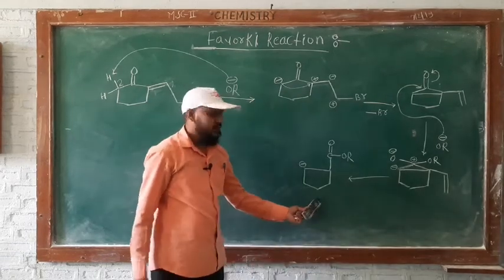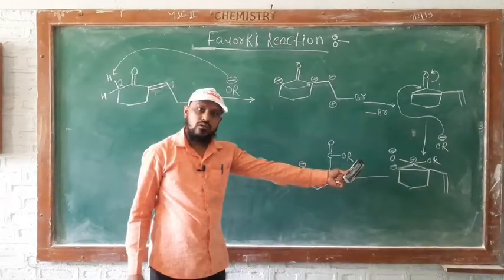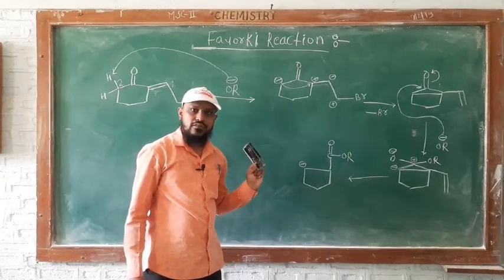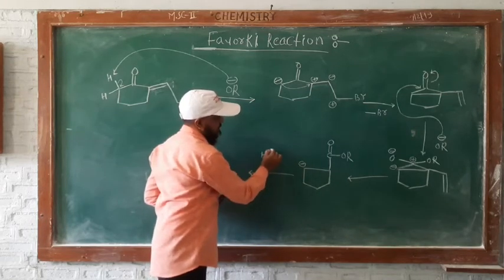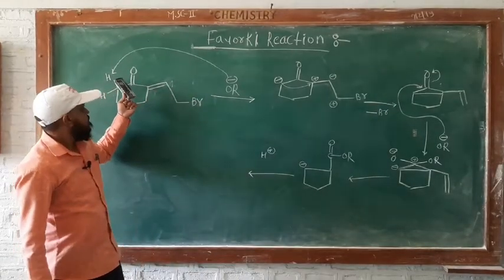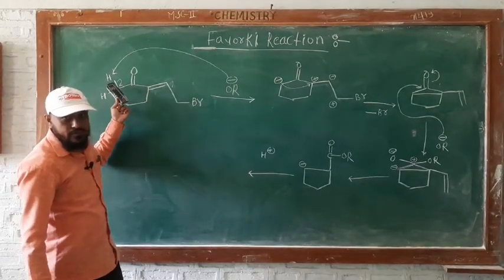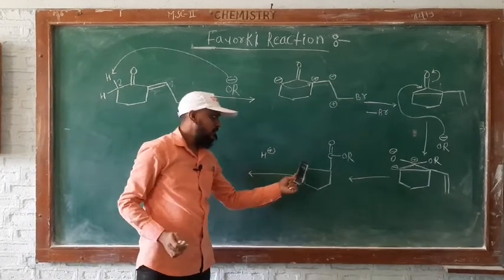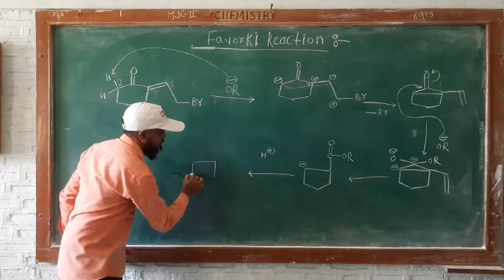Okay, so we will get this type of intermediate product after the breaking of one bond, for the neutralization of the negative charge of oxygen. After this formation, this intermediate extracts a proton. In the first step this acidic proton will be removed, so this negative charge carbon extracts this proton and neutralizes this negative charge, and we will get our final product